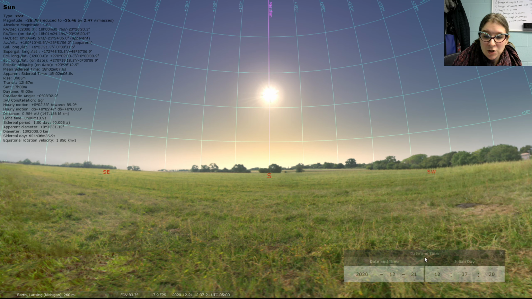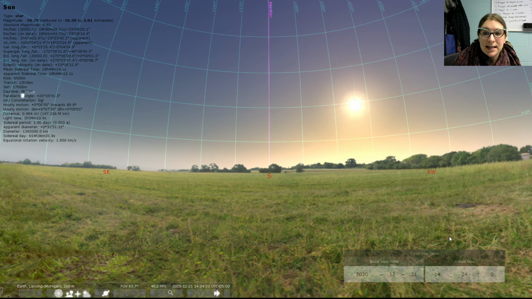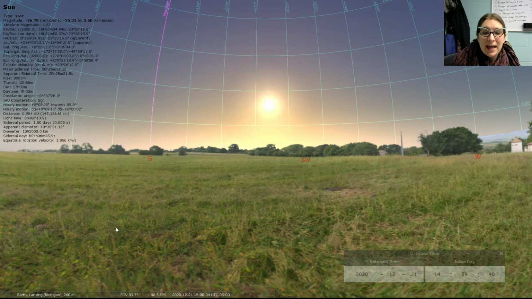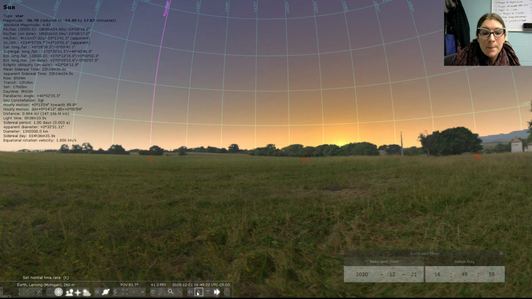All right, so let's finish watching the sun now. So here's the sun. It starts to set. See, now it's getting lower in the sky as it moves across. It's going to set towards the west, and it'll set roughly in the southwest. So there goes our sun. So let's compare that now